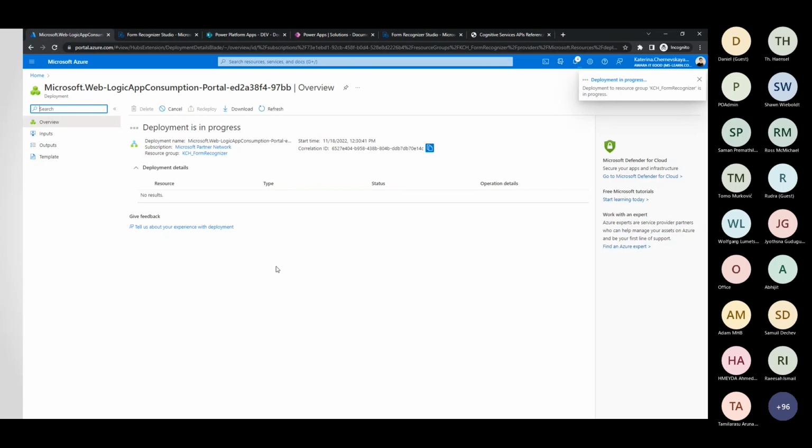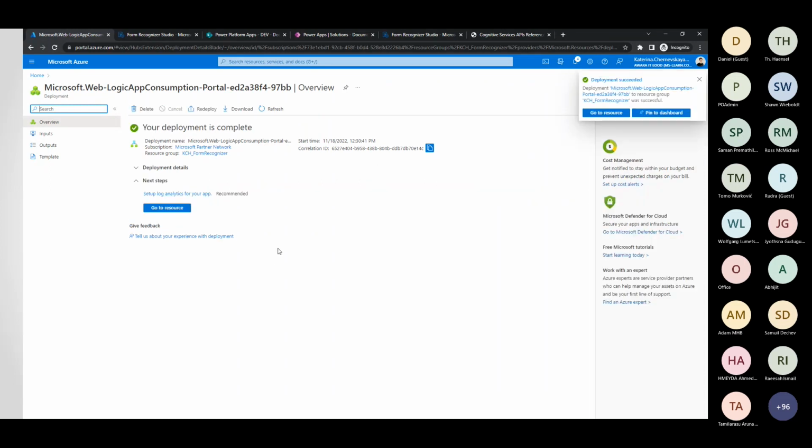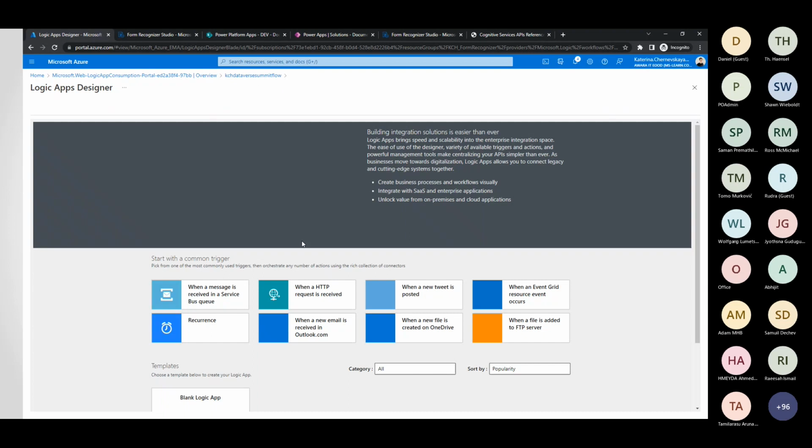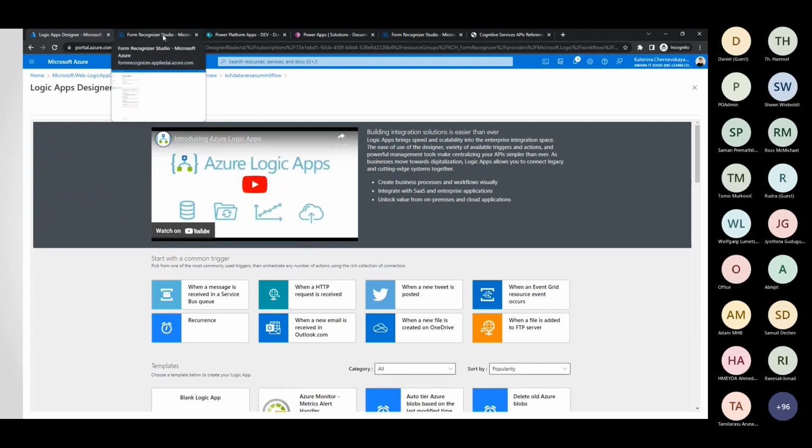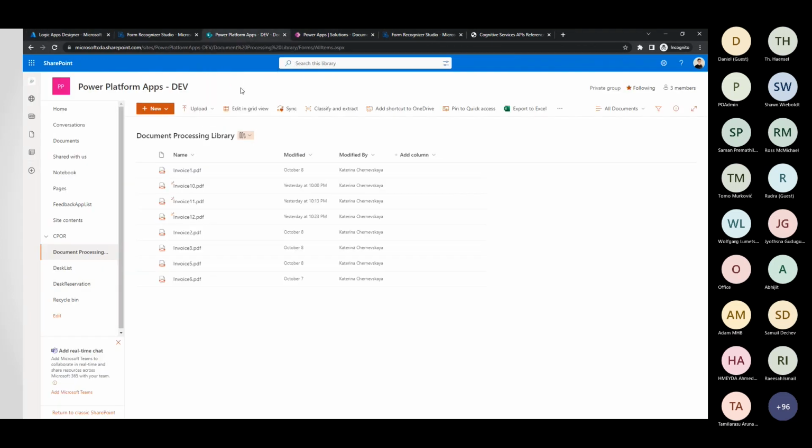Once this instance is creating, I need to say that for our flow in Azure Logic Apps, we are going to use the Azure Form Recognizer that we created. We are also going to use a SharePoint library where our documents will be stored, and this will be our trigger. Basically, the trigger should not be putting information in the document library, but for our demo purpose, it could be. So once a new file is created in the library, we are triggering our flow,